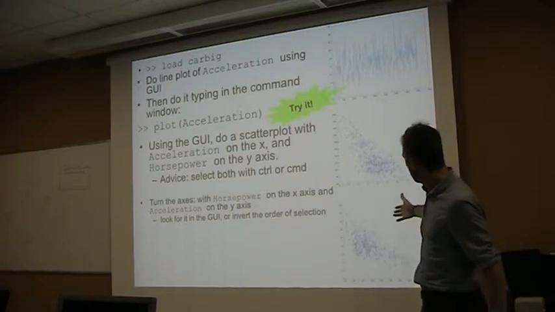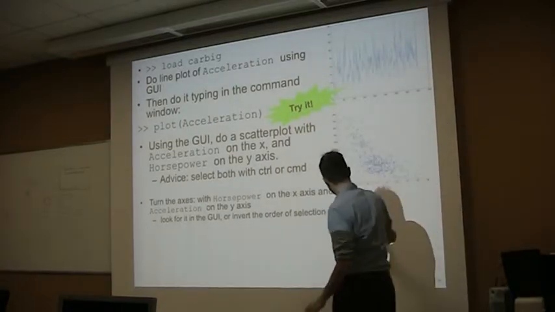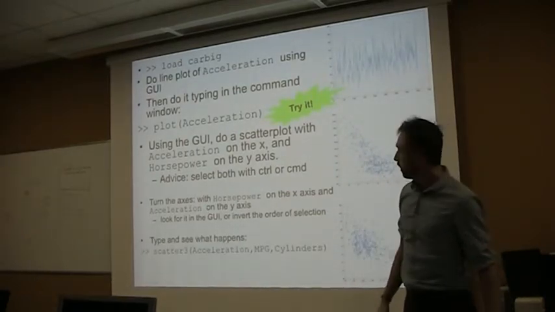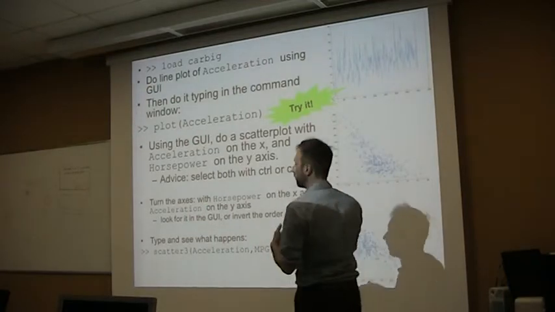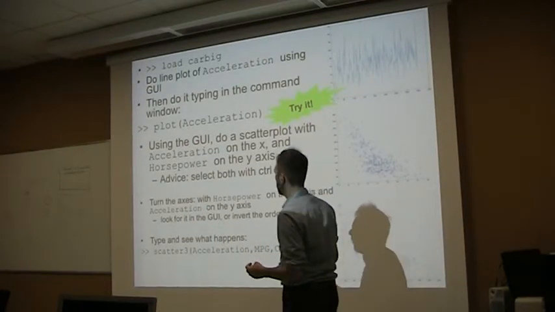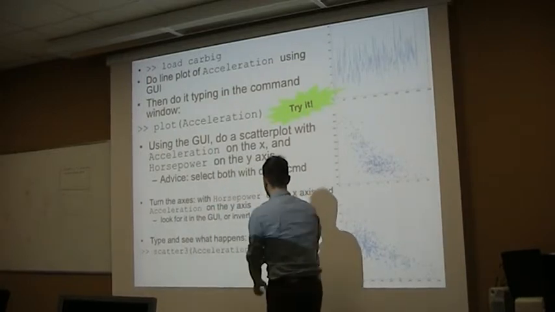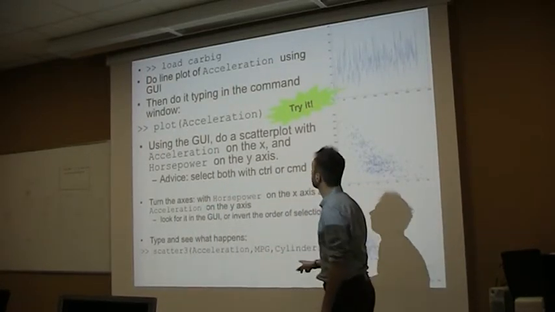Okay, it looks very similar now, but you see that this has moved up. Then there's a cool thing you can do. You can also plot in 3 dimensions. So for example, if you type scatter3, acceleration, MPG, and cylinders,